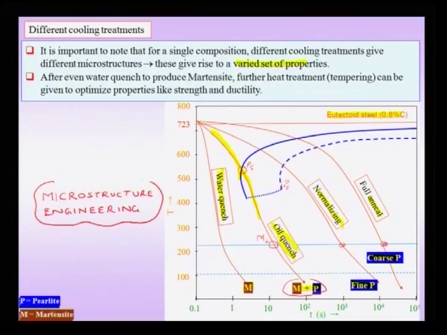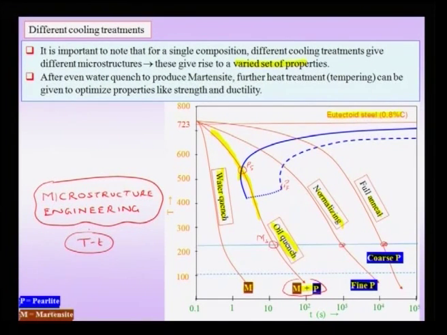So, I have a handle on the properties without changing the composition. That means I have eutectoid steel, but I vary my heat treatment, which means I vary my temperature-time cycle, so as to get a varied set of properties, and these varied set of properties are obtained because for each one of these heat treatments I produce a different microstructure. So, I have a handle on the properties not via the composition, but via the microstructure, which is controlled by